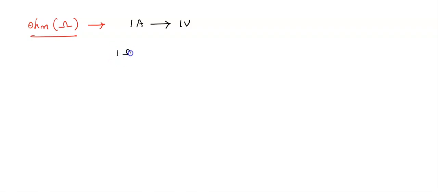That's nothing but 1 ohm is equal to 1 volt upon 1 ampere. 1 ohm is equal to 1 volt by 1 ampere. This is called 1 ohm. Understood? What is 1 ohm? A conductor has a resistance of 1 ohm if a current of 1 ampere flows through it. If 1 ampere of current flows through the conductor, then 1 volt of potential difference will generate across the